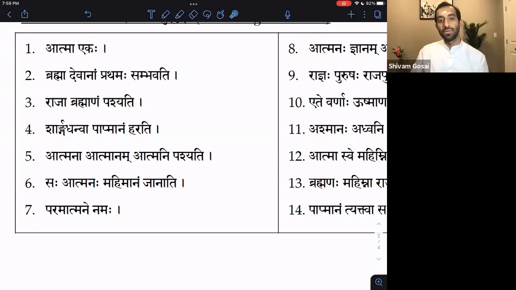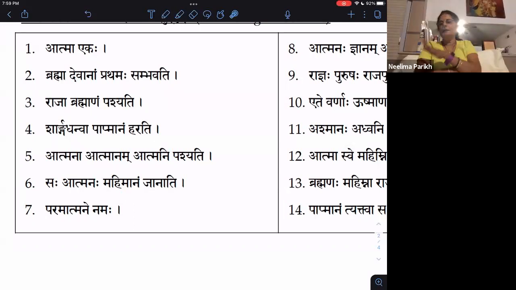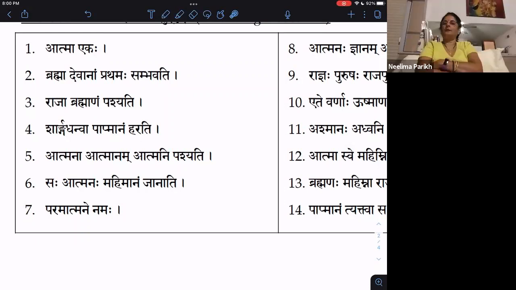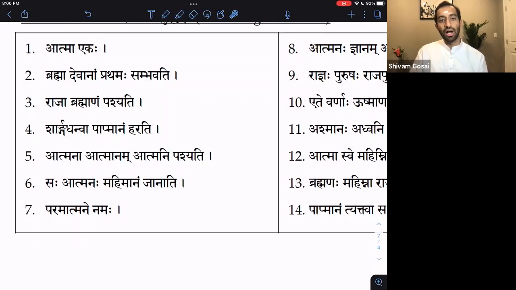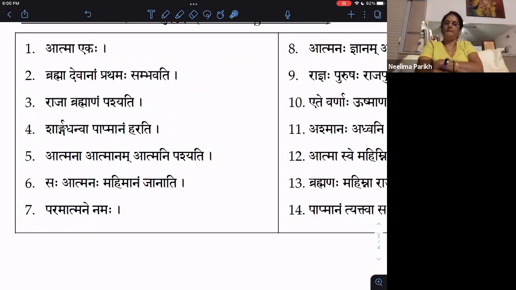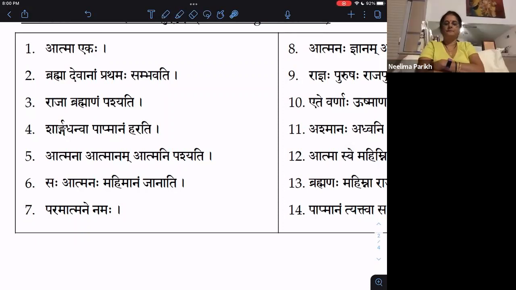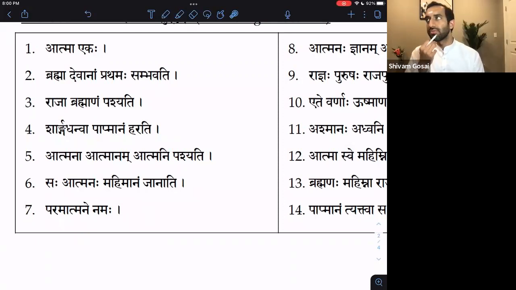How come there's no lopa for na? Atmana, right? So the nakara only goes away in 1-1. Okay. So in 2-1 the nakara stays there. It's Atmanam. So this can be 2-1. Yeah, like Ramam, like Atmanam. We have that at the end. Mm-hmm. So what is the vibhakti artha